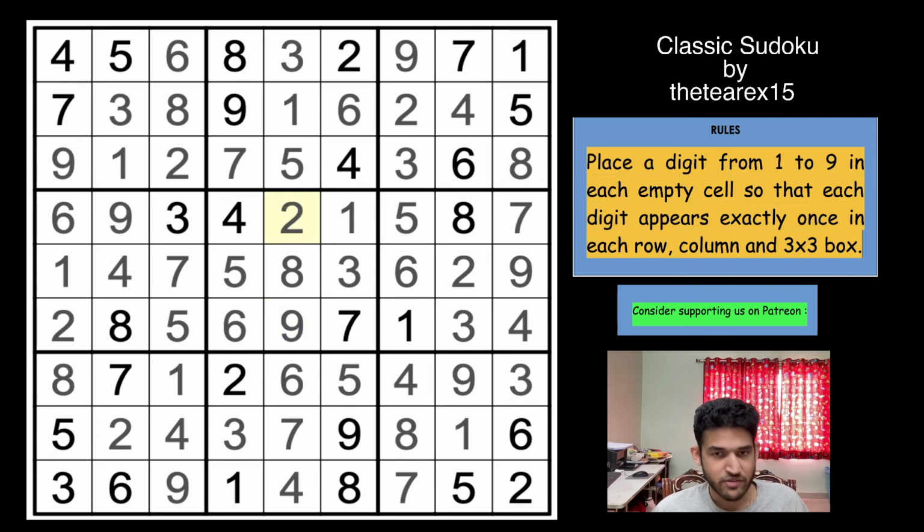9 and 2. And with that, I've completed this really amazing Sudoku by the T-Rex. My only thoughts are that there are several things that I missed, but my time wasn't bad either. When I solved the Sudoku at the start, I finished it in 11:47 exactly. So I don't think I would have missed so many givens, so many easy digits that you could place. So do let me know. There were some easy things here and there, but the Sudoku was wonderful, guys. A really excellent Sudoku by the T-Rex